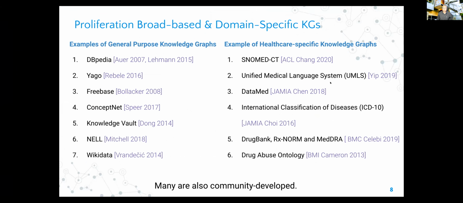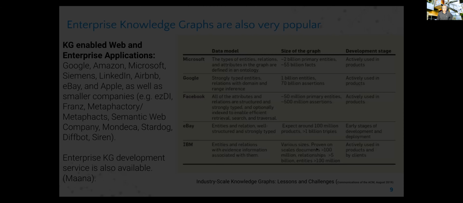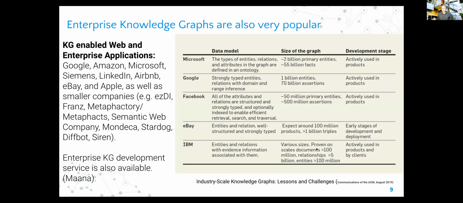There is a proliferation of knowledge bases and knowledge graphs, and some of them are general purpose and others are specific. Just in one domain, healthcare, I listed some of those that are either a knowledge graph or a source for a knowledge graph. In enterprises, knowledge graphs are so widely used. One of my students in 2019 went to a research group in Amazon. He called back in a couple of months and said, Dr. Sheth, I can't find a single project around me that is not using a knowledge graph. So there is a huge growth of knowledge graphs.